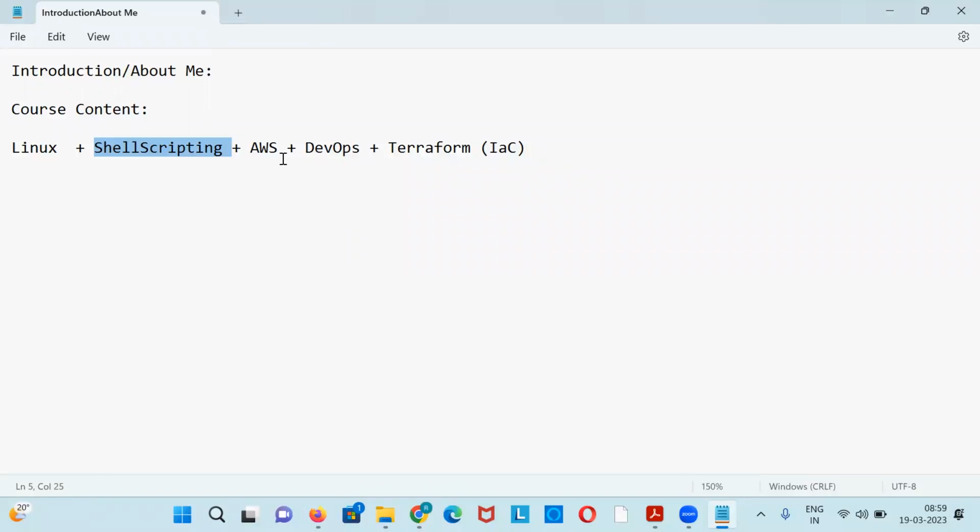Okay, don't come to that point. But if an environment has these technologies, it's very important to understand them. These are some of the important things. Your profile will be more weighted, it will carry more weight. That is the reason I have included these things as part of my course content.